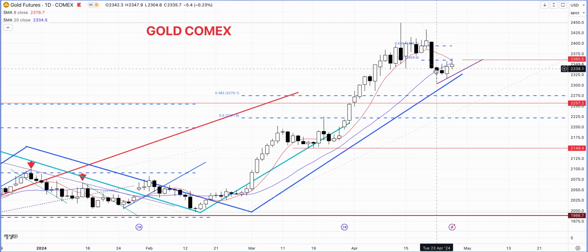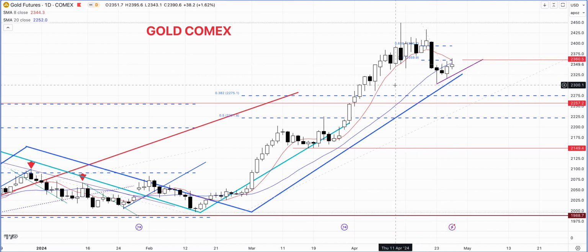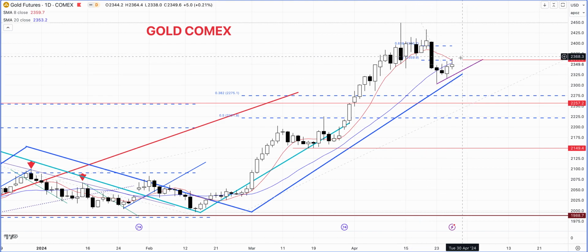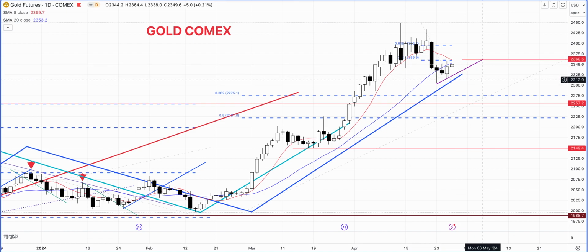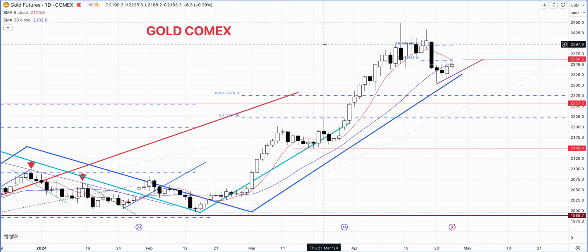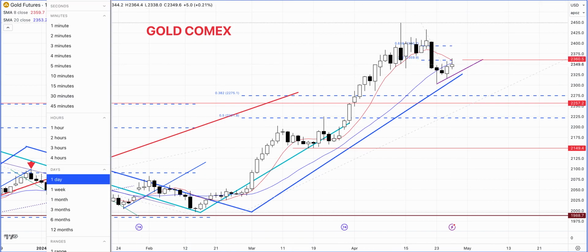So what we are looking at here is the gold market testing the 38.2% retracement, where we have the 8-day simple moving average here as well. So what you see, the red line is the 8-period moving average, and the blue line is the 20-period moving average, and the price was not able to get above the 38.2% retracement. And there's one more element to it which I'm going to show you right now.